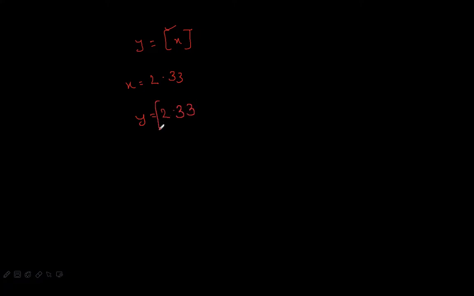step of 2.33. The value will become 2. Step x will cancel all the numbers which are on the right side of the decimal point. It will cancel all these decimal digits and give only an integer value. So for step x,